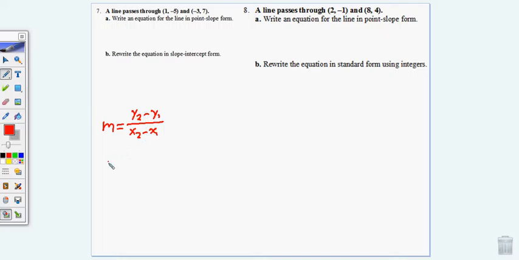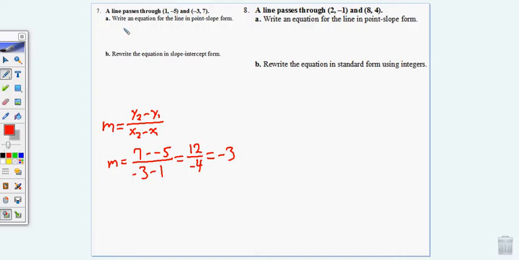To find this, we can just take our y's and subtract them. Our y's are -5 and 7, so 7 minus a -5. And we have -3 minus 1. Those are our x values. Let's calculate this out. 7 minus a -5 is the same as addition, so we have +12. -3 minus 1 would be -4. So this simplifies to -3. So my slope is -3, and I have 2 points that I can use to put this into point slope